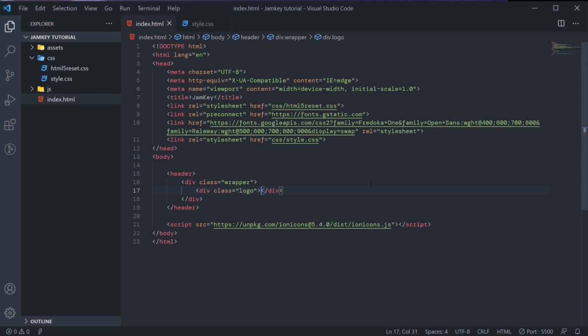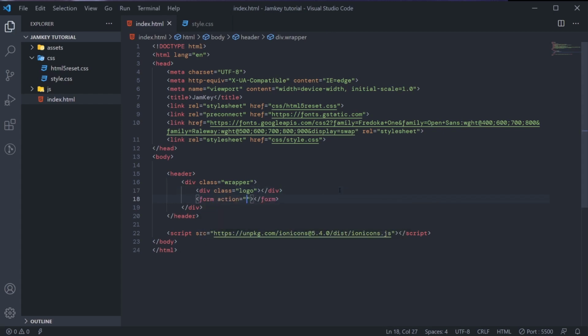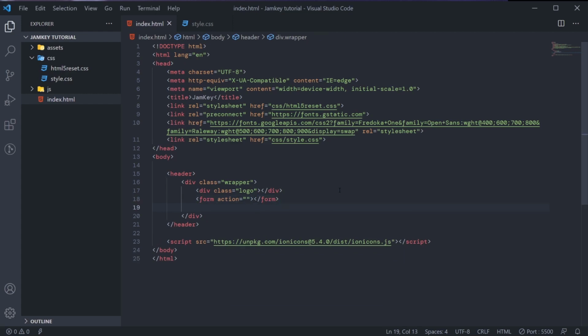Class of logo. Then we'll see create form. So this form, one of our opportunities first, then we'll come down. We'll see create another class. I'll just call this one a button. Which I'll do.